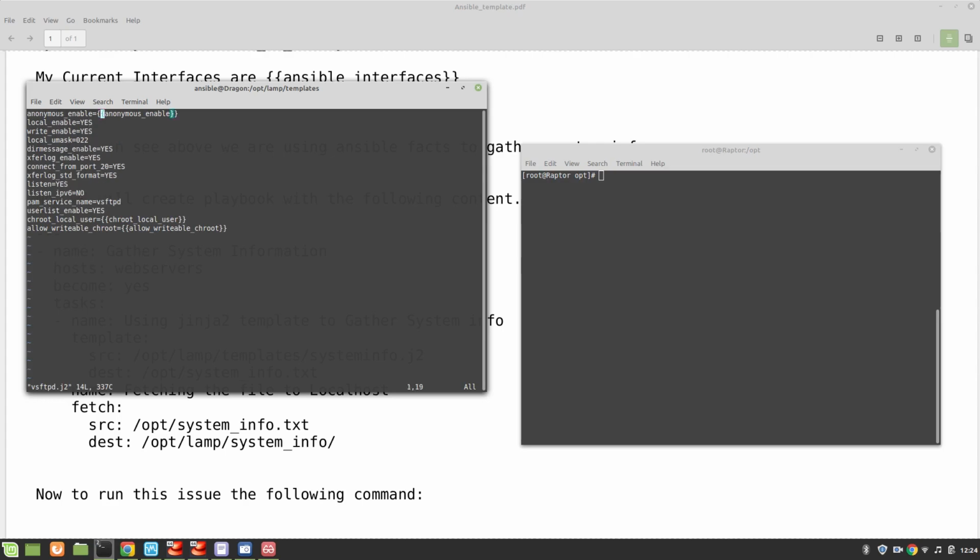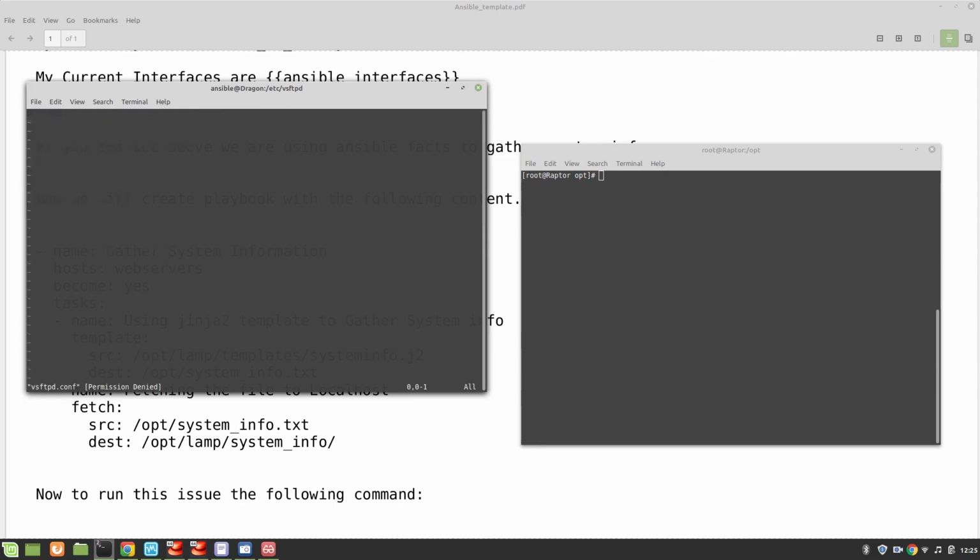Okay, now some tips I would like to share with you guys on how you create these templates in a very simple way. So first thing is, you need to make sure that you have the original configuration file of any service, for example Apache or VSFTPD. So you need to go there. It's going to be in cd /etc/vsftpd, okay, in this directory. And here you can see that we have this conf file. Okay, if we take a look at this conf file,